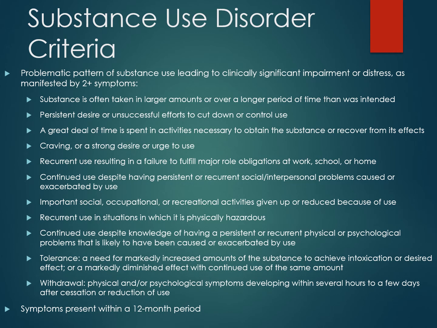Finally, the last criterion is withdrawal. Withdrawal symptoms vary by drug. Each drug class is associated with its own specific type of withdrawal syndrome, but they include negative physical and psychological symptoms. For example, opioid withdrawal includes flu-like symptoms. Alcohol withdrawal can include tremors, seizures, and physiological hyperarousal. And marijuana withdrawal includes irritability and sleep difficulties.